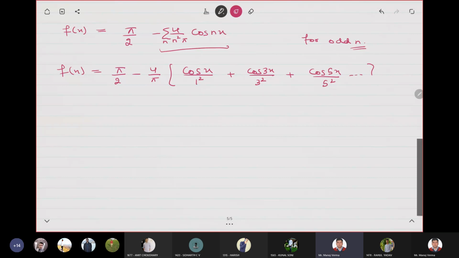Okay, so it's very simple now. If you are asked to solve for any identity, you can see what values of x will be appropriate for solving a particular identity, but this question did not ask for anything yet. Okay, so this was our Fourier series expansion for a triangular wave. If you superimpose all these cosine waves, cos x, cos 3x, cos 5x with these parameters, then surely you will get a triangular wave in this range from minus pi to pi.